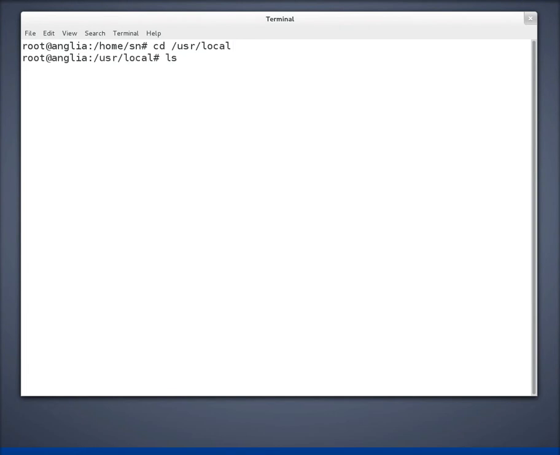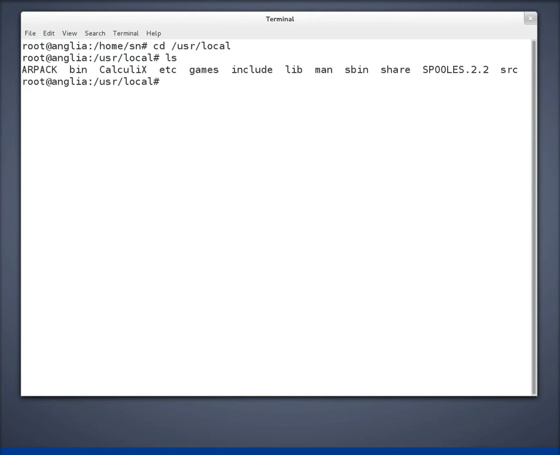I will show you the files in this folder. At the moment we have got these files. What we now do is download the so-called CalculiX GraphiX file into this folder,